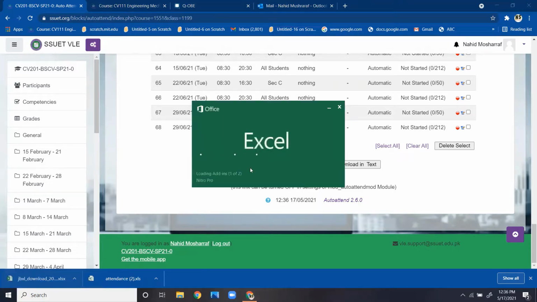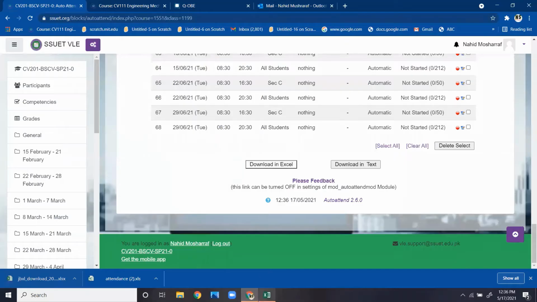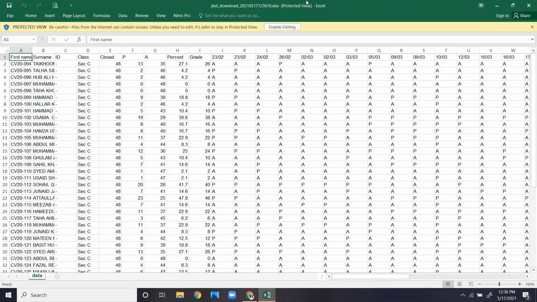But in my case, I have taken attendance on the VLE, and I have also taken attendance manually. Actually, I have taken it on the Excel sheet. So I have to cross check this attendance. Let me show you whether it is visible to you or not. Let me go to the new share.